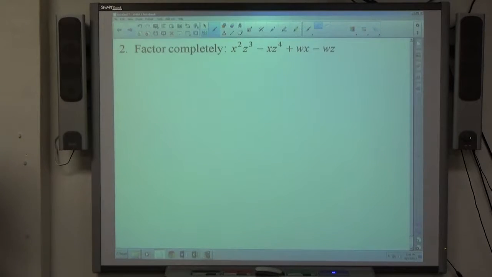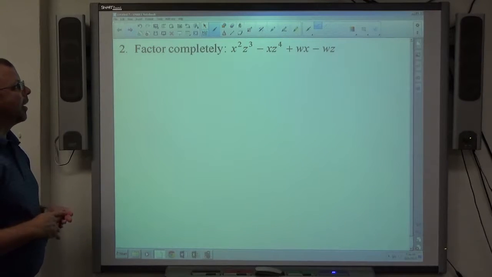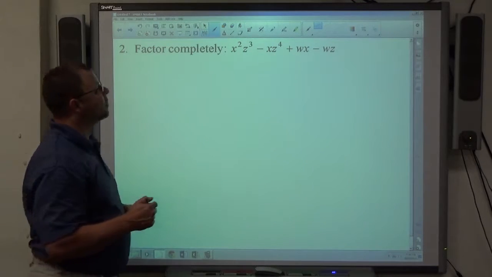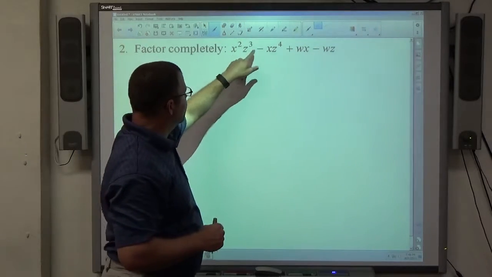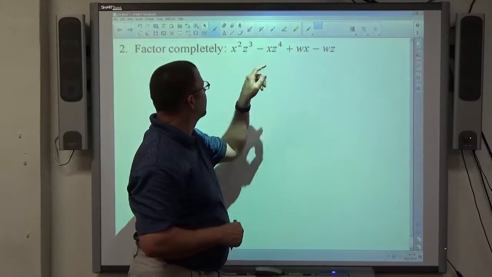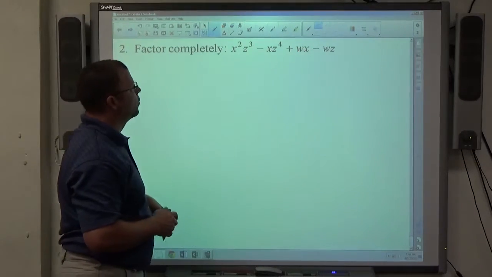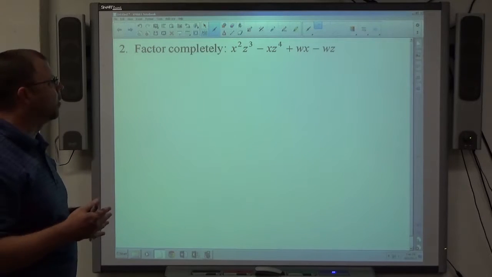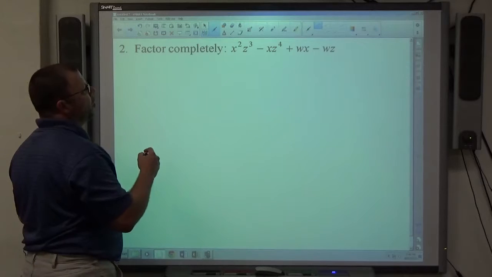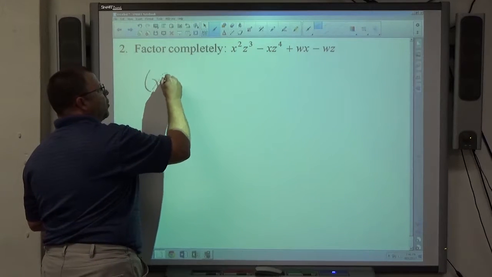Problem 2, this time we have a 4-term polynomial. We're looking at factoring by grouping as the likely way to do this. Once again, looking for common factors before we start. There's an x, x, x, and no x, and there's a z, z, z, but no z, a couple w's. So there's no common factor to everything, so again we go directly to the factor by grouping when you have 4 terms. So the groups will be the first 2 objects,